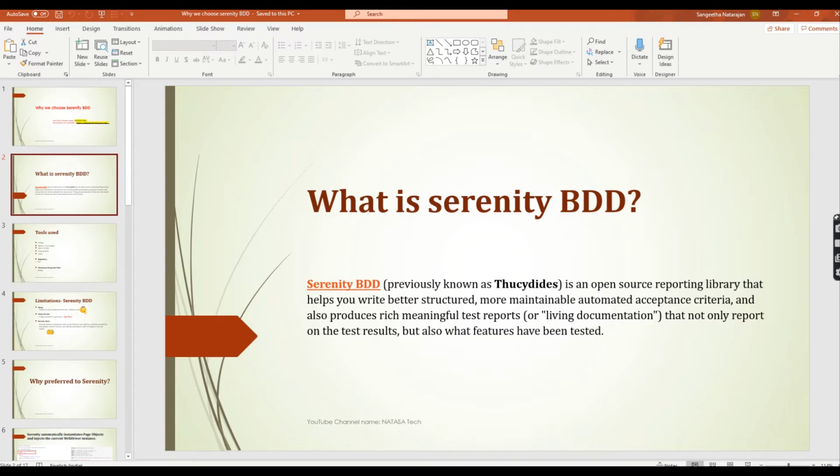In comparison to Cucumber, Serenity captures a screenshot for each and every step. Then we can understand where it failed, what the scenarios are, and what steps we have covered. If you share that report with non-technical members, they will also understand easily. So for that reason most companies prefer Serenity.